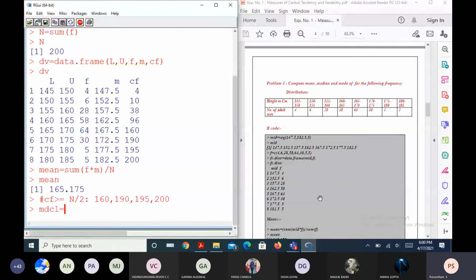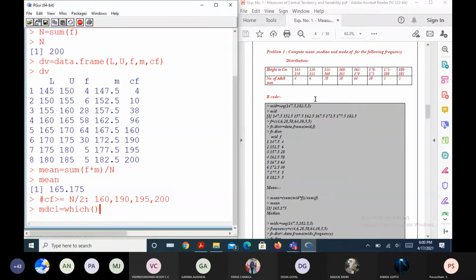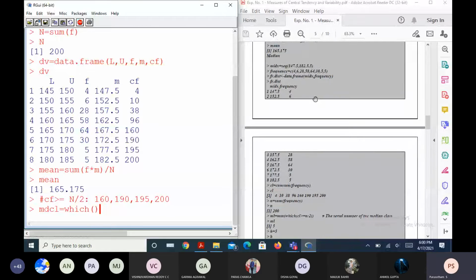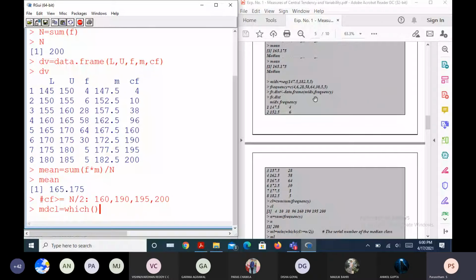In order to find the median class, which of the CF is just greater than or equal to n by 2, and this one is the minimum again.